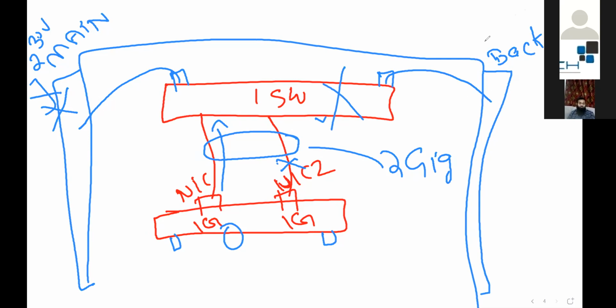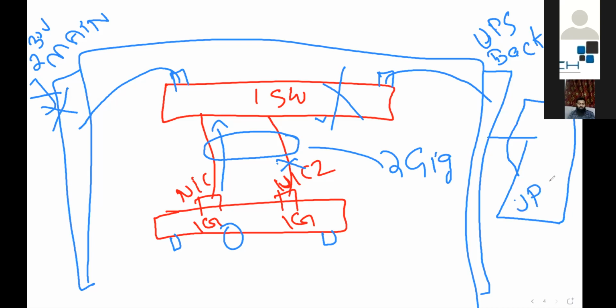The backup, which we call the UPS PDU, will be connected to the UPS. If the main power goes down, the main PDU goes off, so your UPS starts to serve power to your backup PDU, and the backup PDU serves your switch.